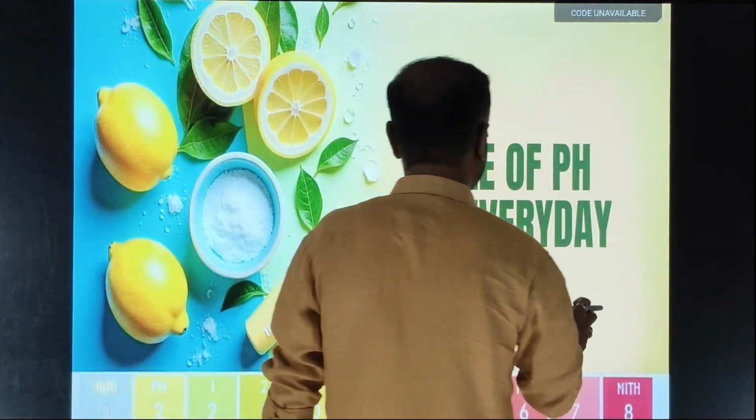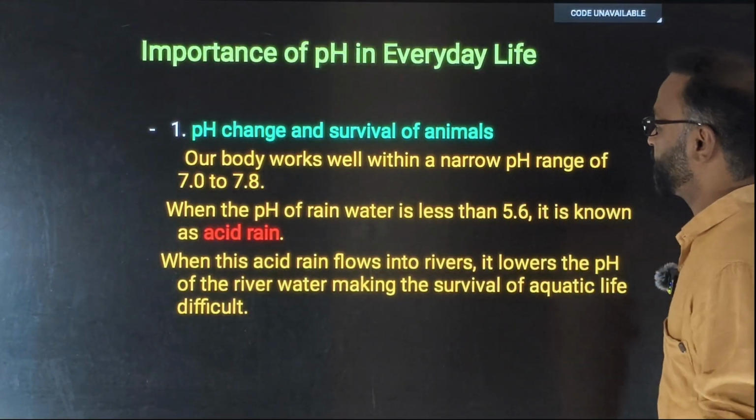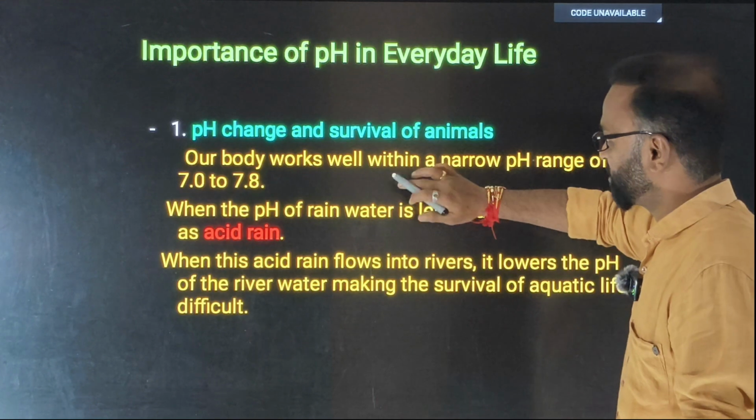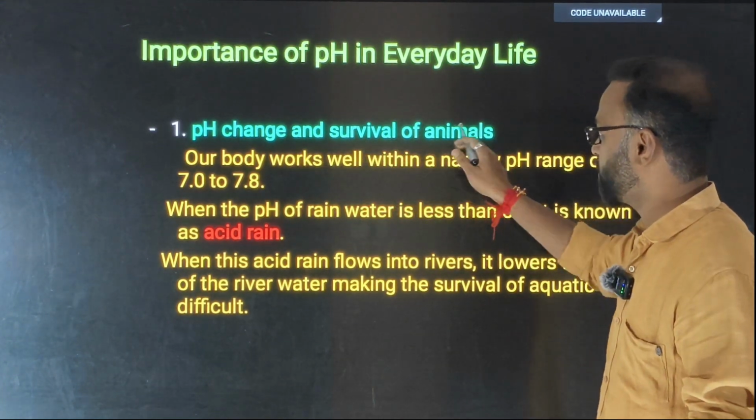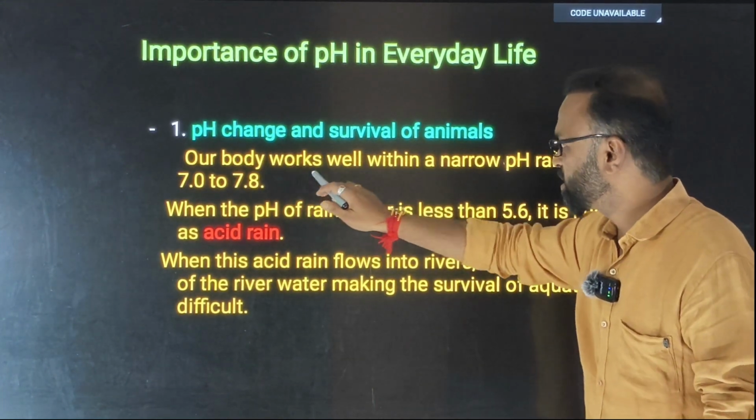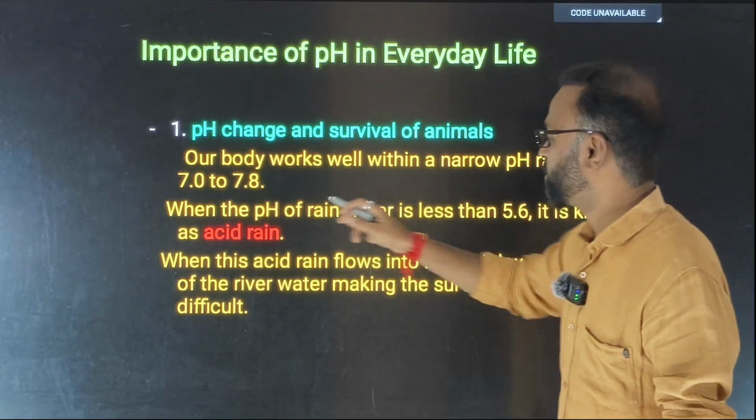That is nothing but the role of pH in everyday life. Importance of pH in everyday life. First one, pH change and survival of the animals. See, our body works well within the narrow pH range of 7 to